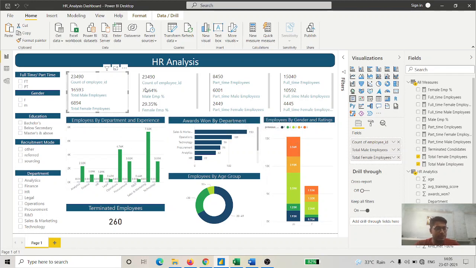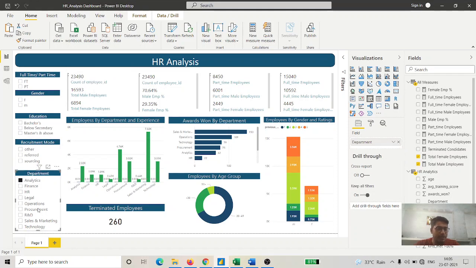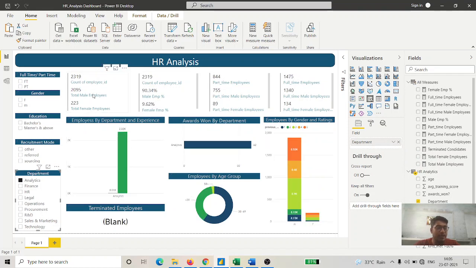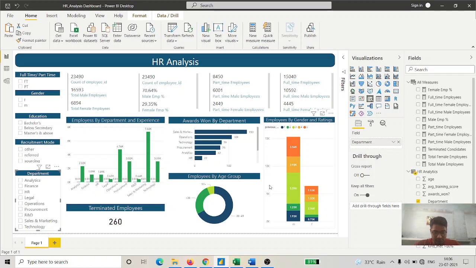We can just go to the analytics and choose the particular department, and see there are 2319 employees, how many male, how many female. This is my opinion, you can disagree with that, but it is my learning on the basis of my experience. I am just telling you guys.